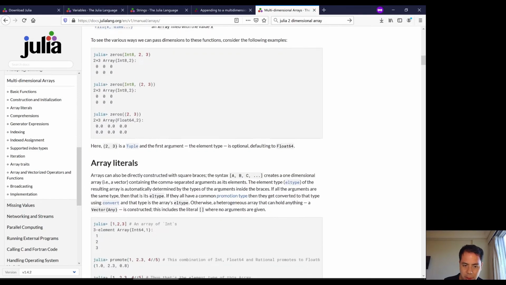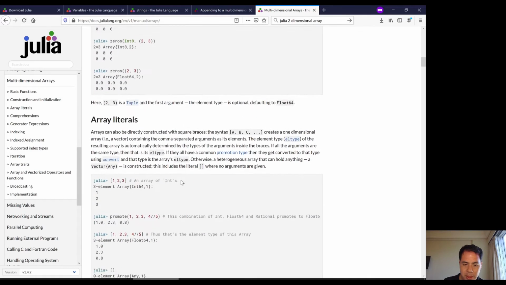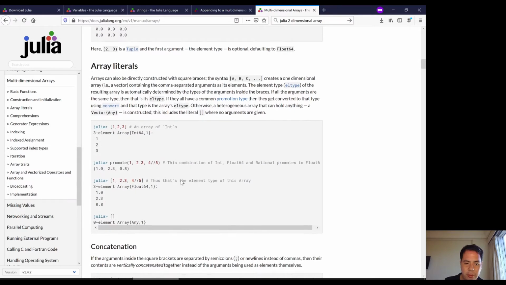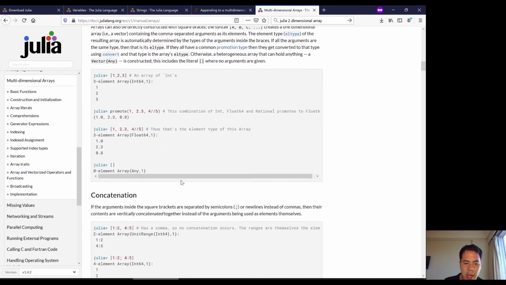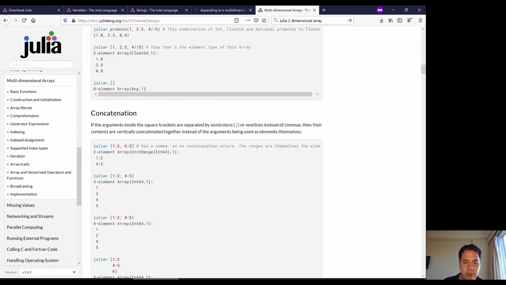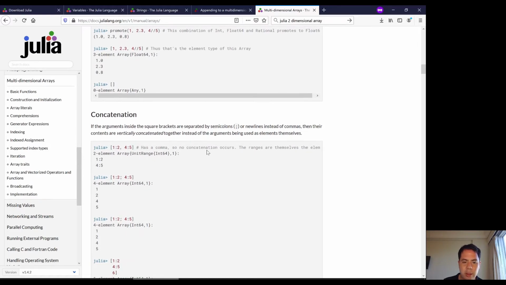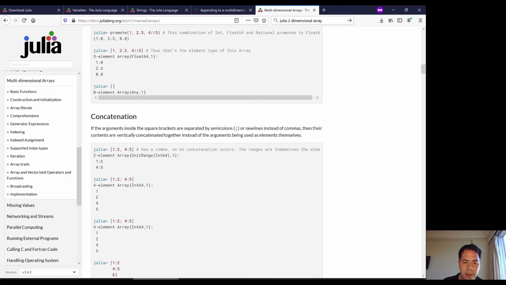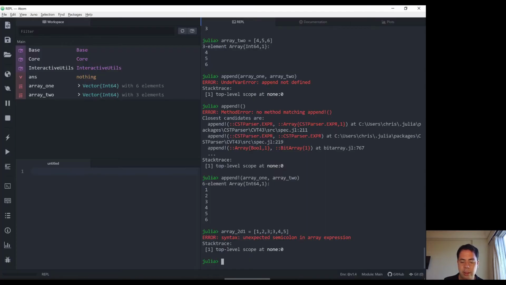The Julia documentation seems to recommend filling in a... Oh, okay, interesting. It has a comma, so no concatenation occurs. If the arguments inside the square brackets are separated by semicolons or new lines instead of commas, they are vertically concatenated. Okay, so let's try